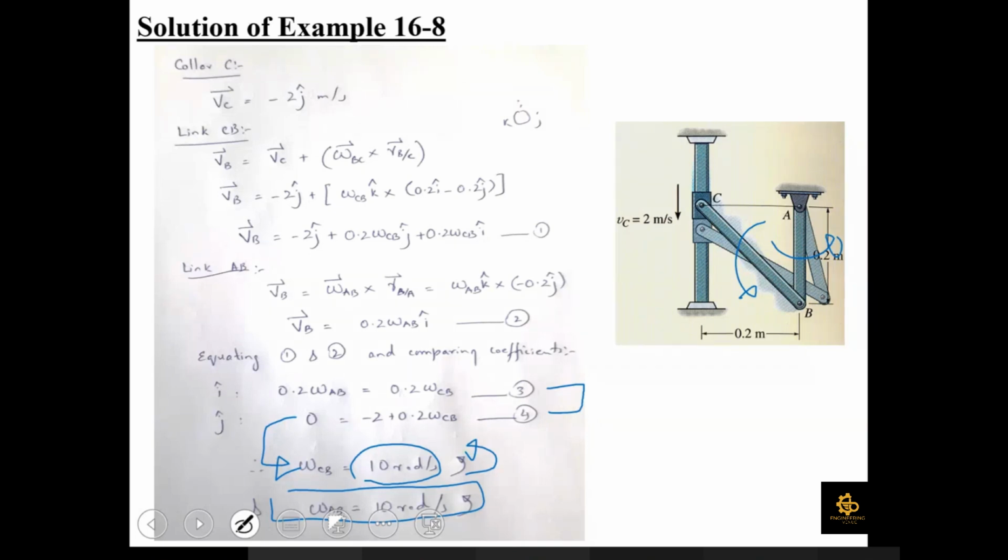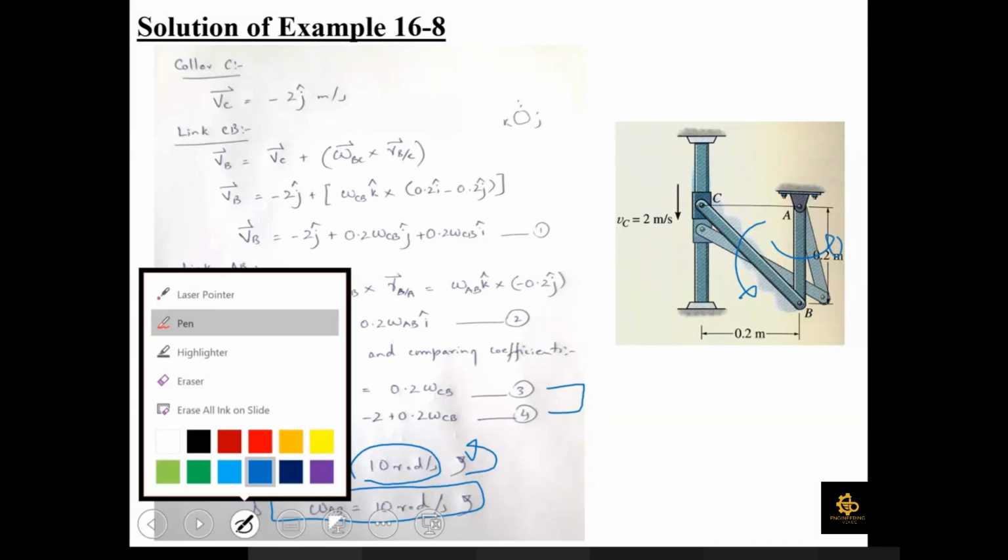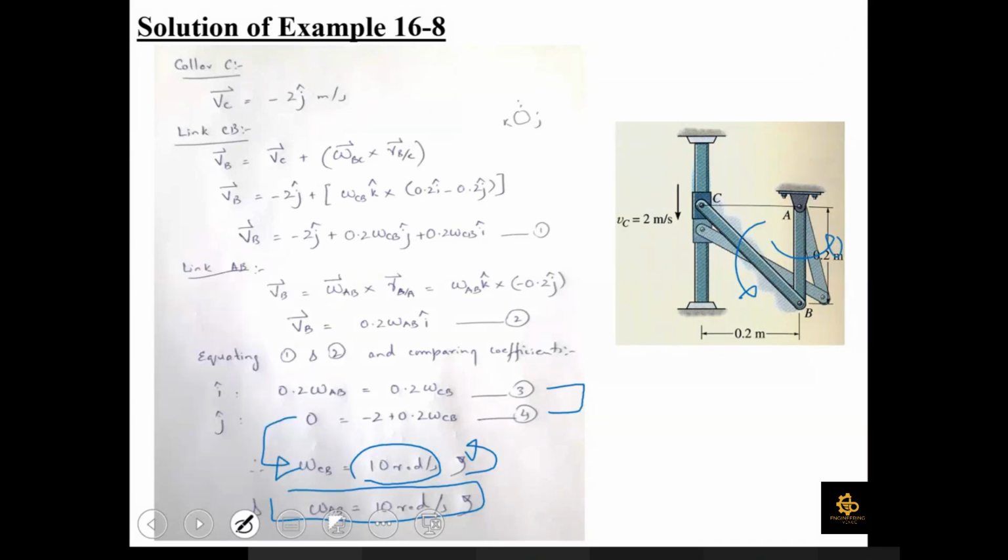ठीक है, वो हमें वैसे भी नजर आ रहा है कि कॉलर जब नीचे जा रहा होगा तो AB ने तो हर हाल में काउंटर क्लॉकवाइज ही जाना है, CB भी काउंटर क्लॉकवाइज ही जा रहा है। इसके मुकाबले में अगर मैं आपसे सिर्फ इतना चेंज कर देता कि this link is moving, caller C is now moving upward. अब caller C अगर upward move कर रहे हैं तो definitely next instant पे आपकी position कुछ इस तरह की होती। It means कि ये वाला link भी इस तरफ जा रहा था, ये वाला link भी इस तरफ जाता है। It means कि दोनों ओमेगा फिर आपके clockwise direction में आ जाते।